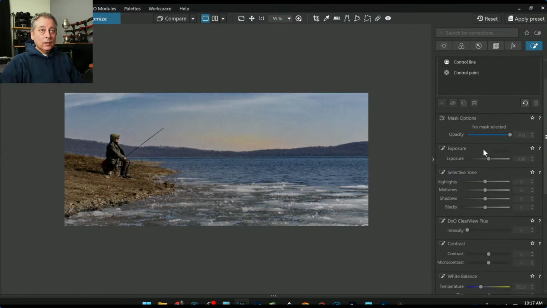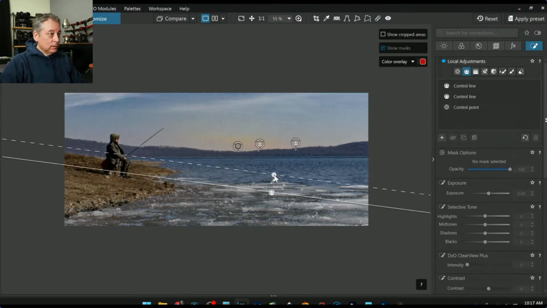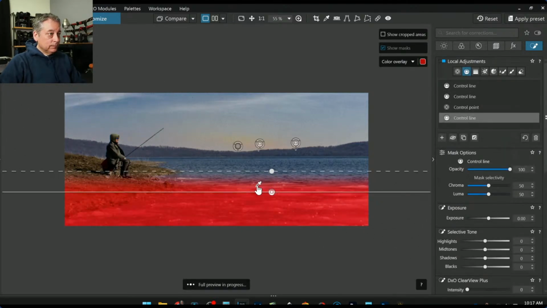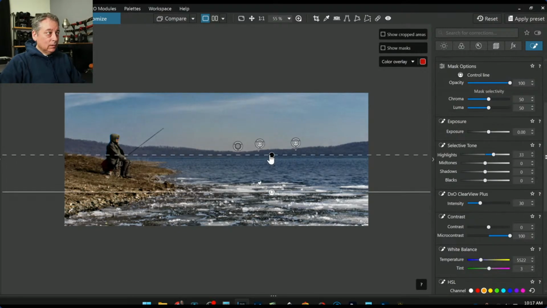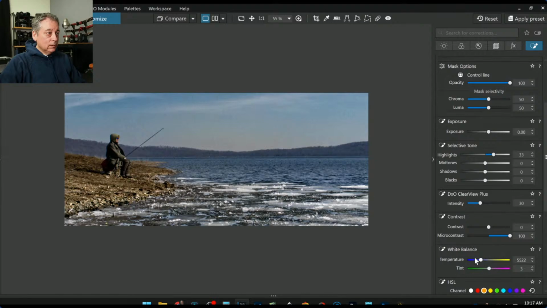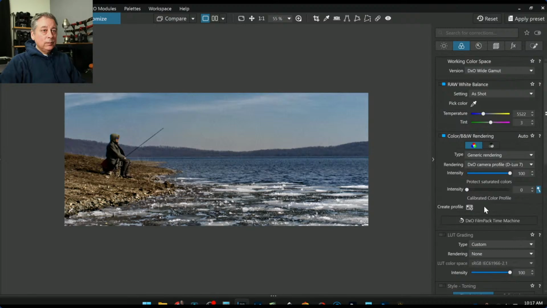All right, let's do something with the ice. And clear view and micro contrast. Not quite that much, but a lot of micro contrast and speculars. Do that. Okay. Maybe let me just eyeball. Yeah, I think I like the color. It's just a little bit, the blues are a little bit too strong, so